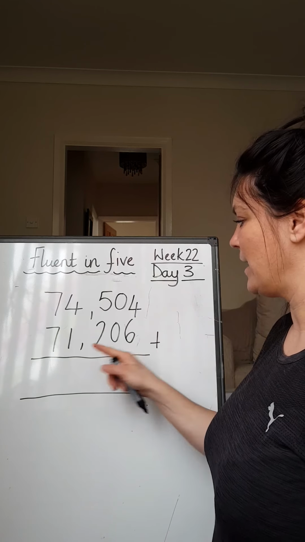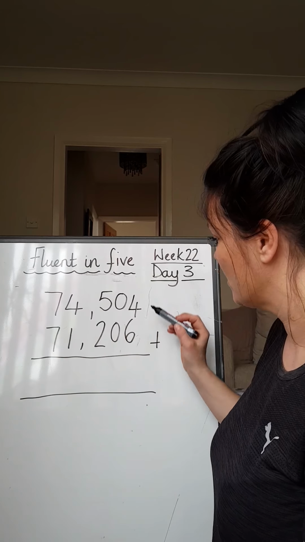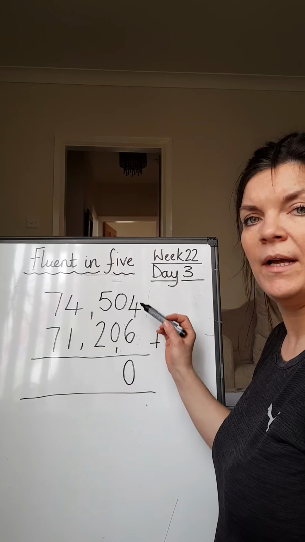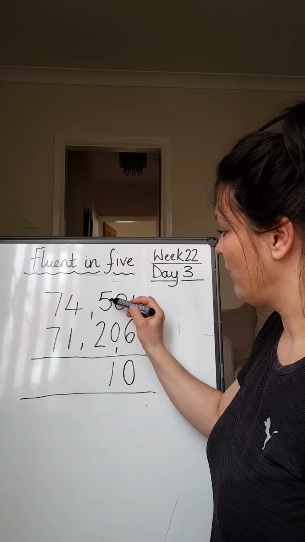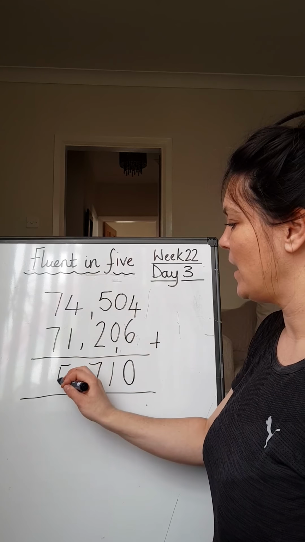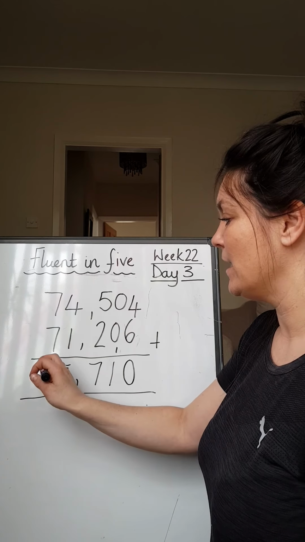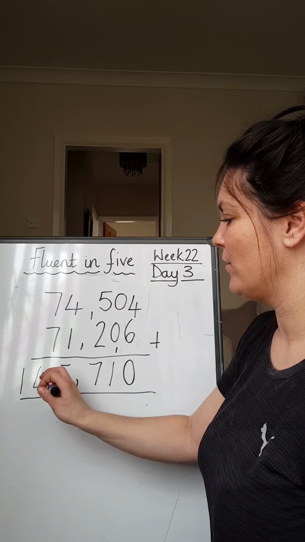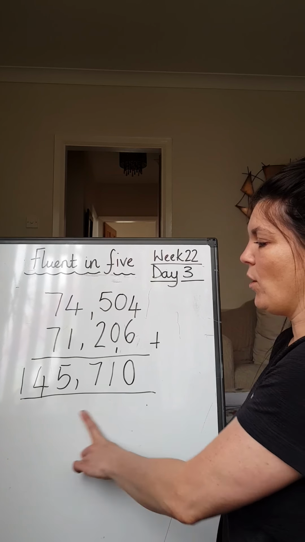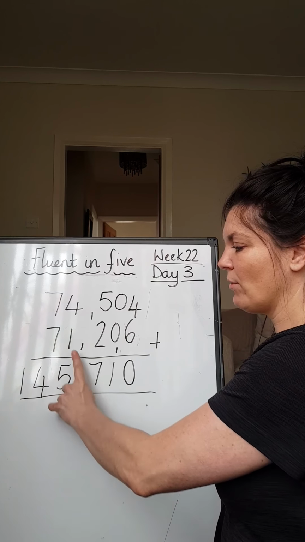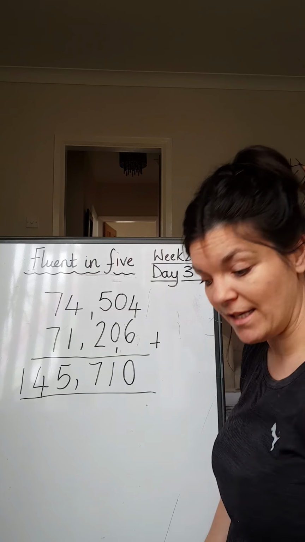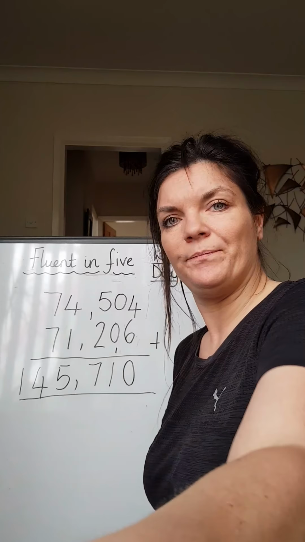So we're just adding numbers together and using the doorstep if there are any carried across. So 6 add 4 is 10. 0 goes in the box, the 1 on the doorstep. 0 add 0 add 1, 1. 5 add 2 is 7. Put in my thousands comma. 4 add 1 is 5. And 7 add 7 is 14. So I'm starting a new column and I've got no more maths to do. So 14 can just spread itself amongst the boxes there. What number is that? Remember, we see them in groups of 3. 145,710. Well done, everybody.